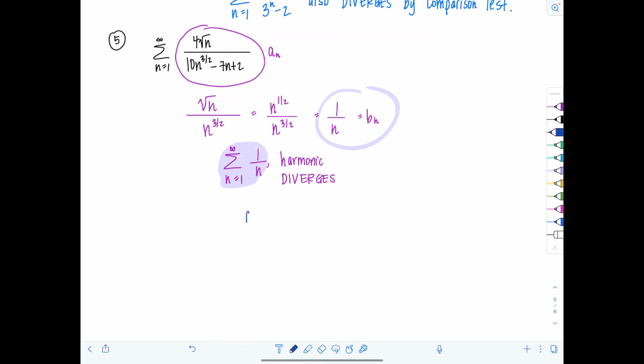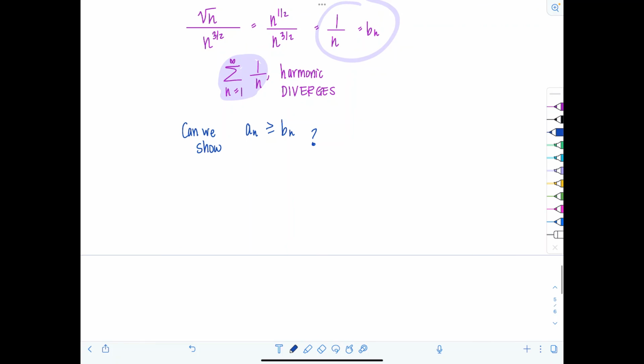Do I want to show that an is greater than or equal to Bn? Can we show this? Well, we're subtracting stuff in the denominator, adding stuff, messing with the numerator. It's just too much madness, so let's just do the limit comparison test. Who cares if we can show this? Abandon ship, let's just use LCT. Okay, so we're going to look at the limit